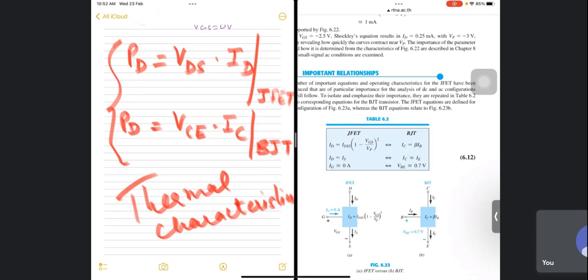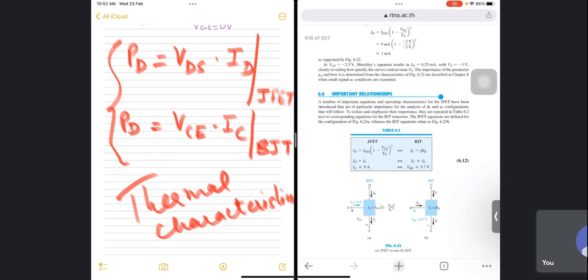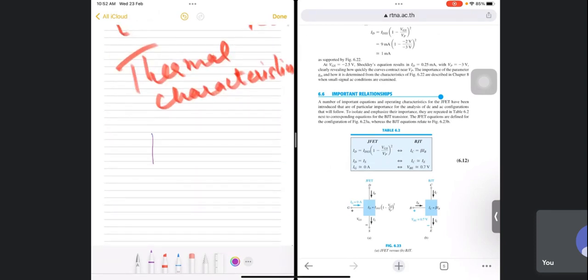Gate current is very very small because it is reverse biased. तो reverse bias में सिर्फ एक ही करंट फ्लो करता है. Which current? PN जंक्शन जब रिवर्स बायस होगा तो कौन सा करंट फ्लो करेगा? डिफ्यूजन करंट।